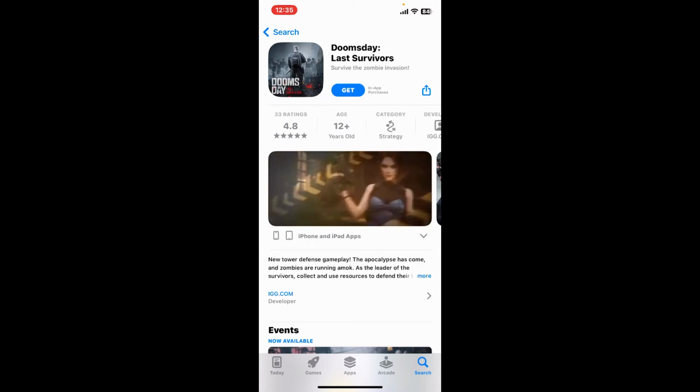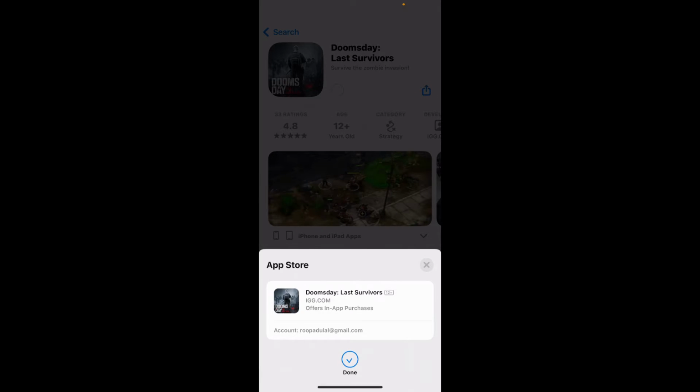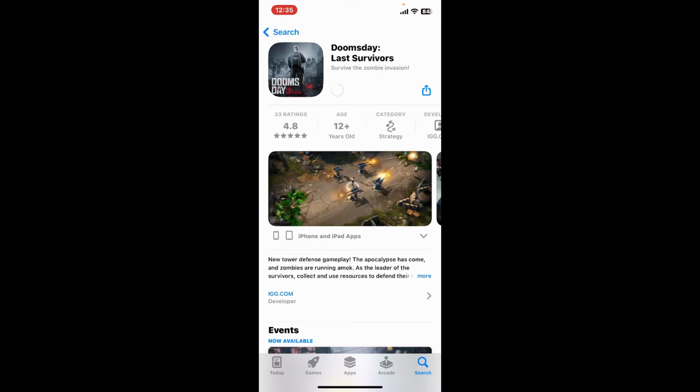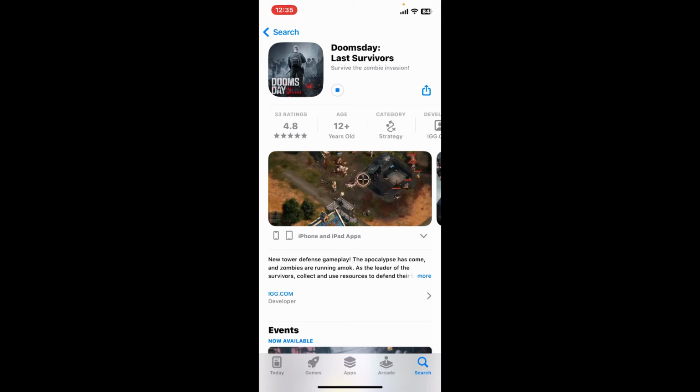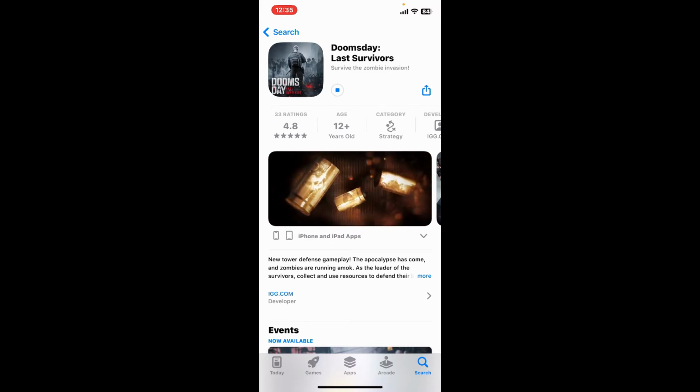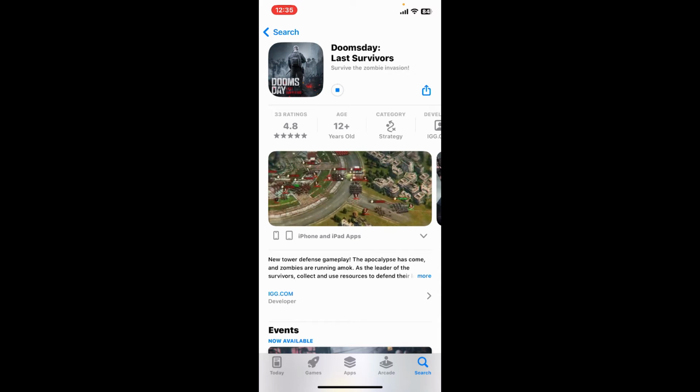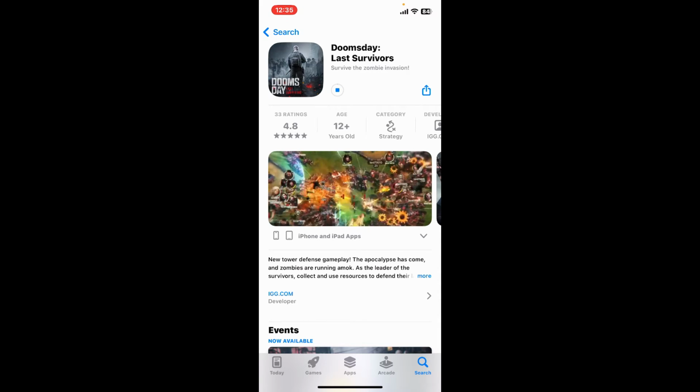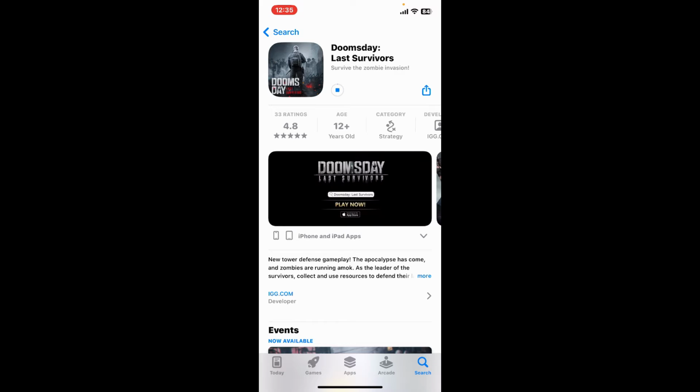downloading the application. Sign in with your Apple ID or your Face ID if available, and then go through the download process. Wait until the application gets downloaded and installed on your mobile device, and you will be able to launch the application just fine. So that's how easily you can get the famous Doomsday application and play your favorite game right from your iPhone